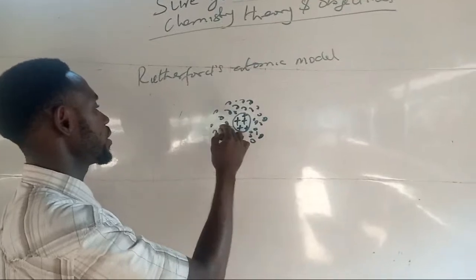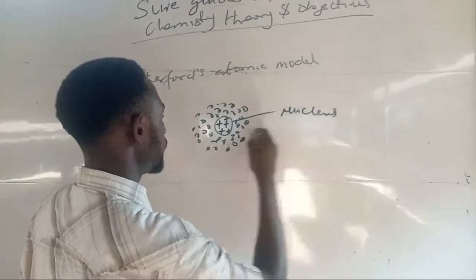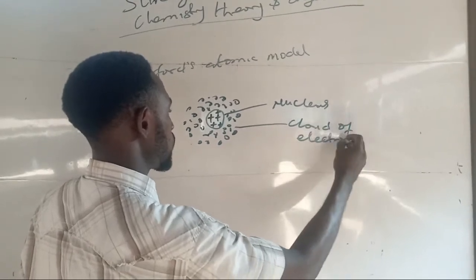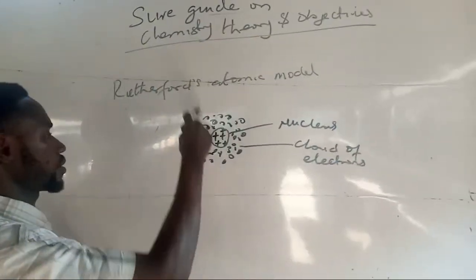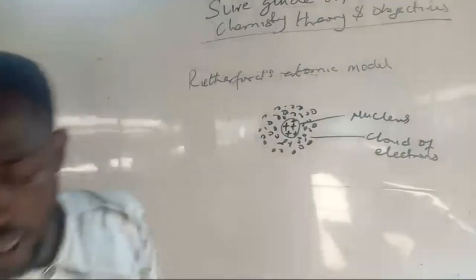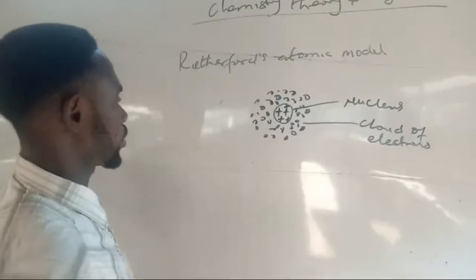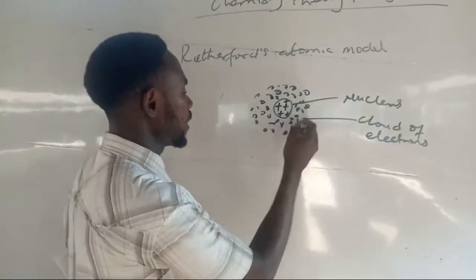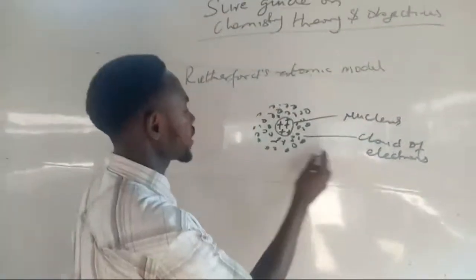So this is the real model of the atom according to Rutherford, where here is the nucleus, which is positively charged, and here it represents the cloud of electrons. So this is his model, that an atom is made up of a positively charged nucleus with electrons revolving around the nucleus. He did not quantize the electrons at all. So this has a limitation. The limitation here is that his statement was true, but the fault is that if electrons, which are negatively charged, are revolving around the nucleus, which is positively charged, we all know that unlike charges attract. So there is a tendency